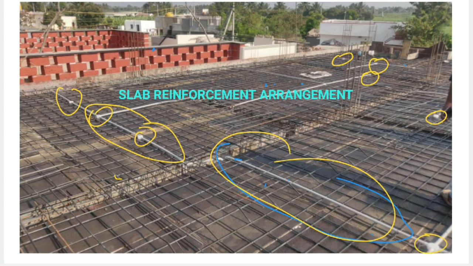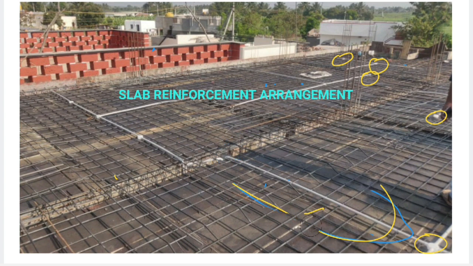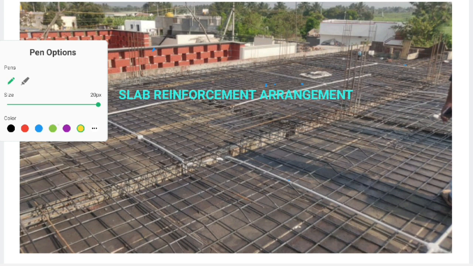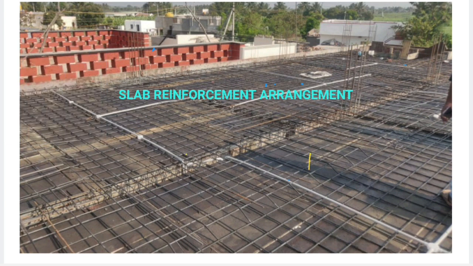Okay, once the electrical work is completed, and you provide the proper cover to the reinforcement, then you can go for the concreting work, that is casting of the slab. Mainly, when it comes to casting of the slab, care will be taken of the concrete ratio. As I said, the minimum structural grade of concrete as per the design, if it is M20, obviously M20 grade is to be provided, and the grade of steel. Whenever you go for the steel reinforcement arrangement, you must know the grade of steel, and it is to be checked as per the structural drawing.